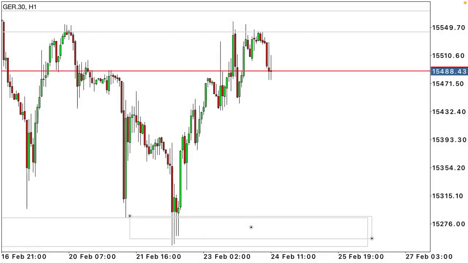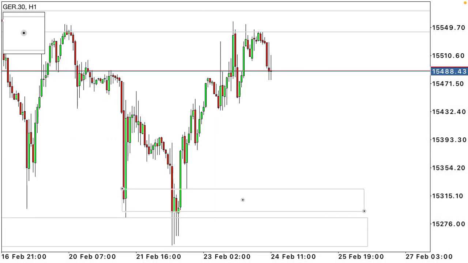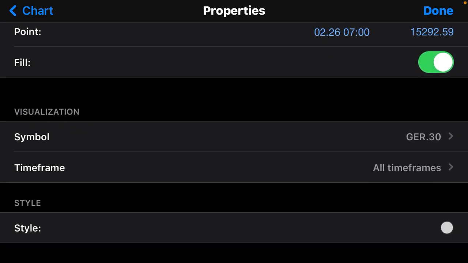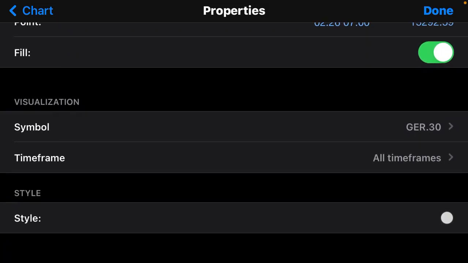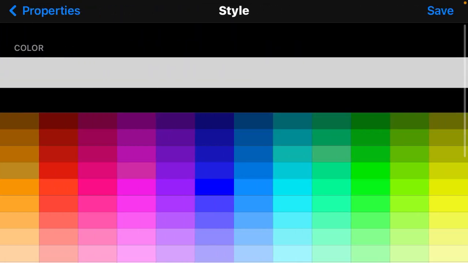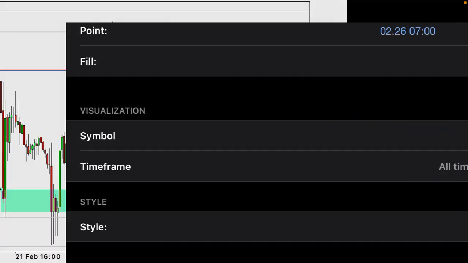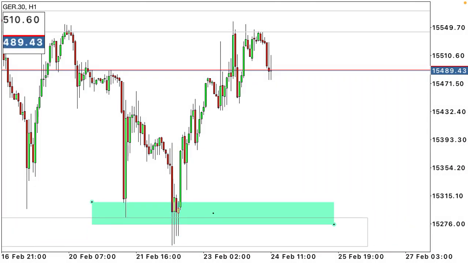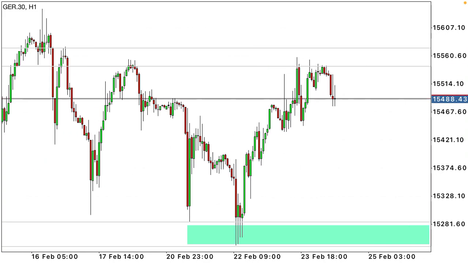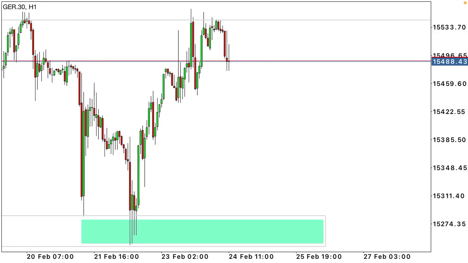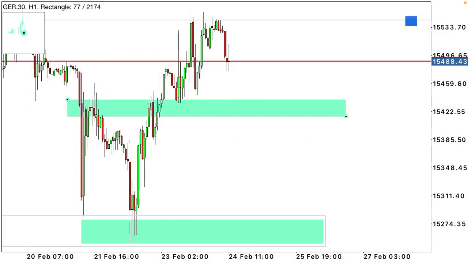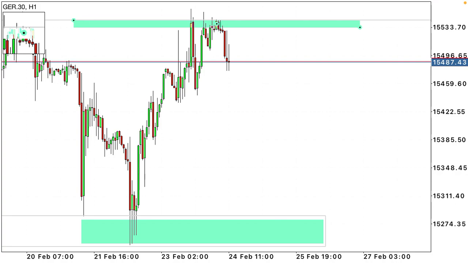I'm colouring the box so that we can see clearly, so basically we can have a clear view of what's happening, right? So this is the last time the market did what? The last time the market bought. So far so good. And when was the last time the market sold? The last time the market sold, it's up there, which is what we are currently